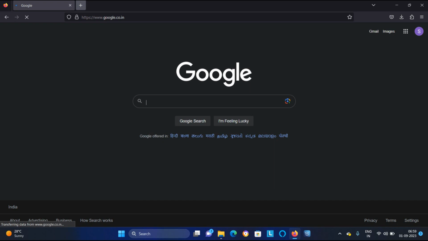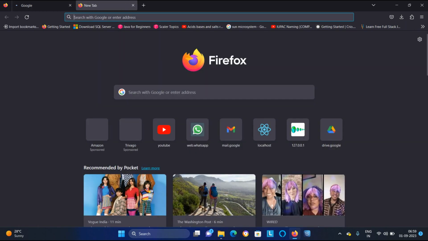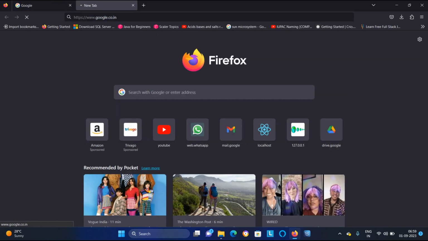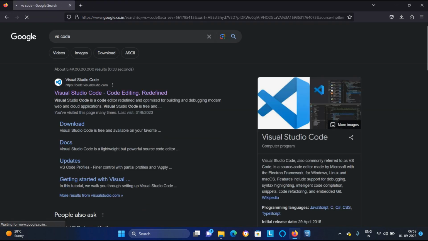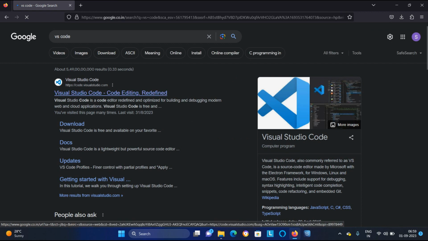Right now it's not opening, I don't know why this internet is slow right now. So you will get the VS Code, Visual Studio Code. Just click that.